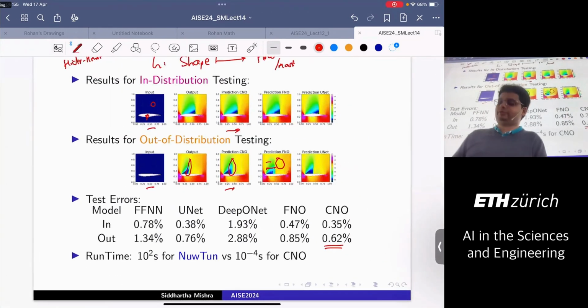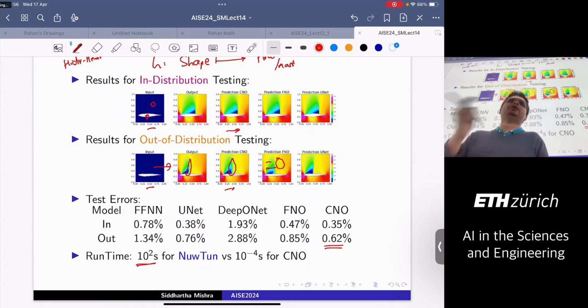First of all, the performance is very good. The point here is, to generate any of these results with a traditional numerical method, even with a very optimized code, this will take me 100 seconds. Because this is a harder problem, this will take me 100 seconds. CNO, FNO, any of these, again, as before, the inference time is 1/10,000th of a second. So once you have a trained neural network, you can do things even in 2D 6 orders of magnitude